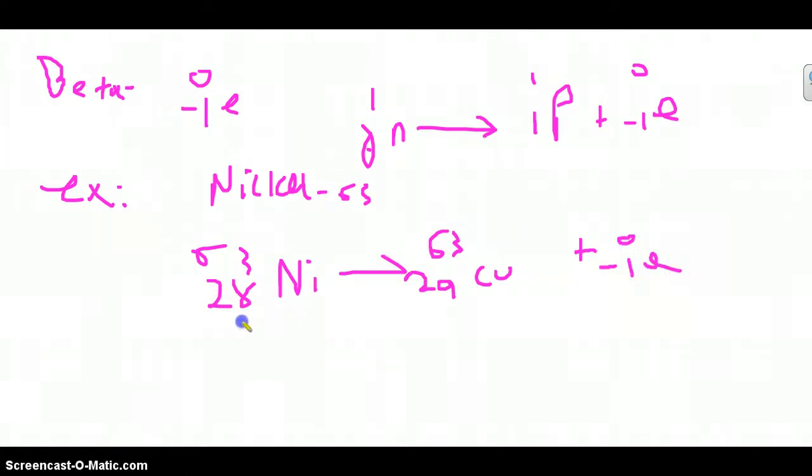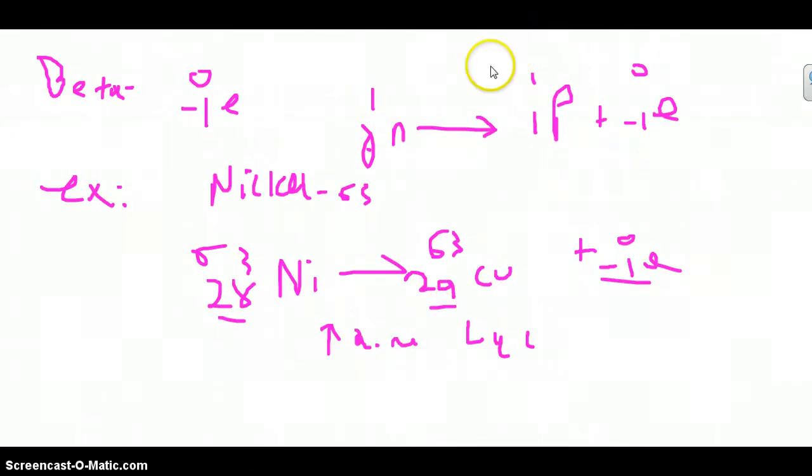It should be something like that, because 29 minus 1 is the same as 28. 63 goes to 63 because this is 0. So all what really happened was we increased the atomic number by 1. The reversal happens if we have a positron, by the way. But anyway,